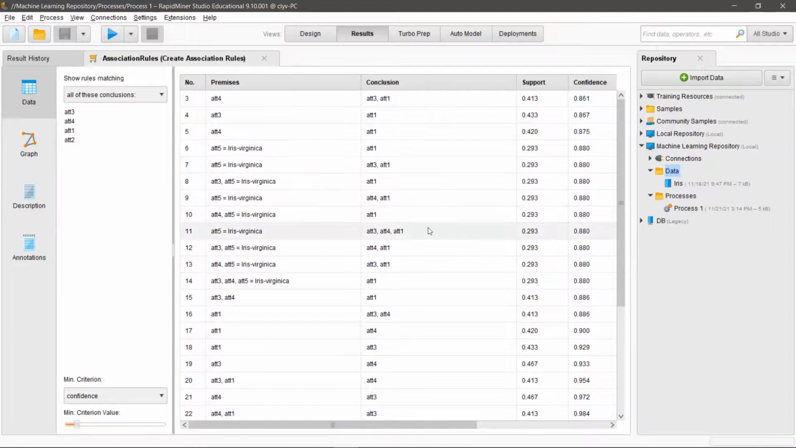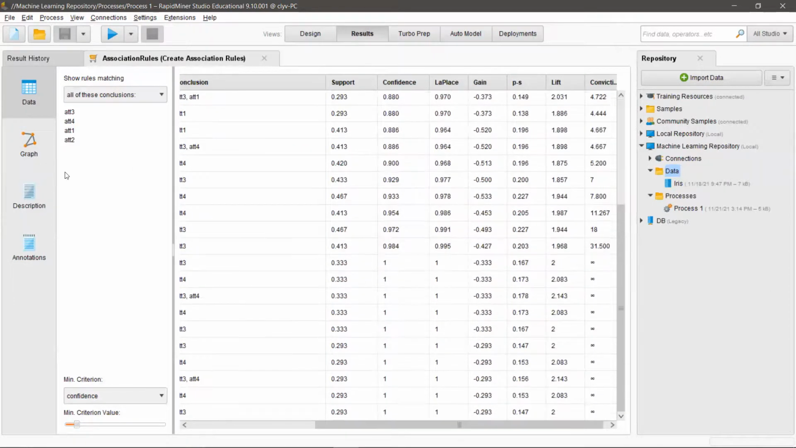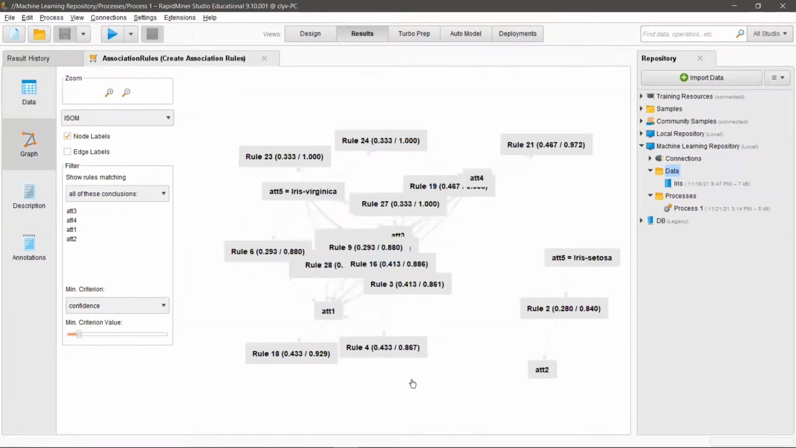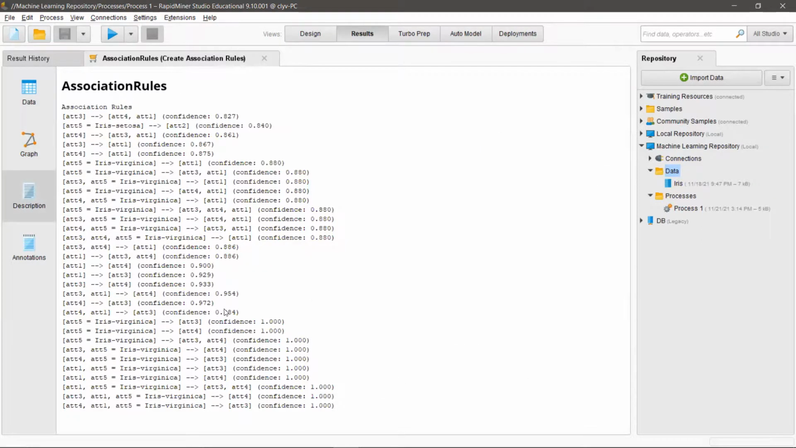So you get it in the data form, like a database, exactly like this, and then you can have it in the form of a graph, and then you can have it as a description, like a notepad kind of description. Yeah, so now for example, these are the association rules. So if you consider attribute 3, then you will also consider buying something from attribute 4 and attribute 1 as well, and the confidence for that is 0.827 or like